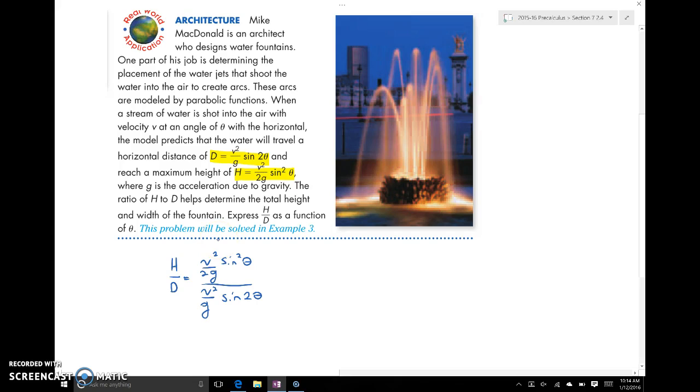Let's get rid of the compound fraction first so it's easier to see what's going on. So we're going to have these v squareds are going to cancel out. And this bottom fraction here, we can flip over and divide by it, or multiply by its reciprocal. So let's go ahead and do that. So v squared